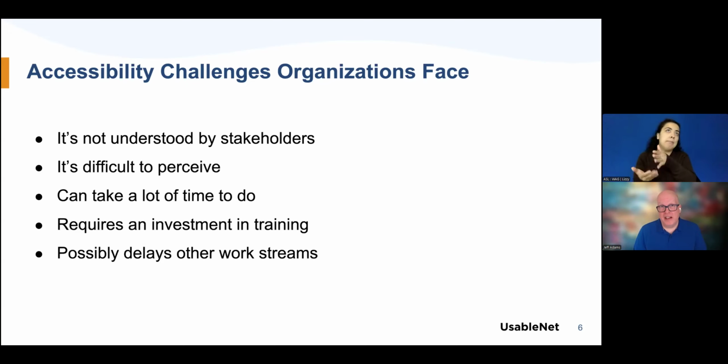They can also help the organization understand the training that's necessary, because they'll see how the work is going and make sure that people get the training they need so they're able to do the accessibility work in the most efficient way possible. And of course, they'll also understand if there has to be a delay in any of the other work streams that are happening in order to get the accessibility work done, whether that's making sure something is meeting the accessibility standards to be able to go out the first time, or maybe it's a new project that's going to have to get delayed because there are issues there that they can't really afford to put out into production until they're fixed. So this is really where the project manager and that product owner really become a nexus of accessibility.